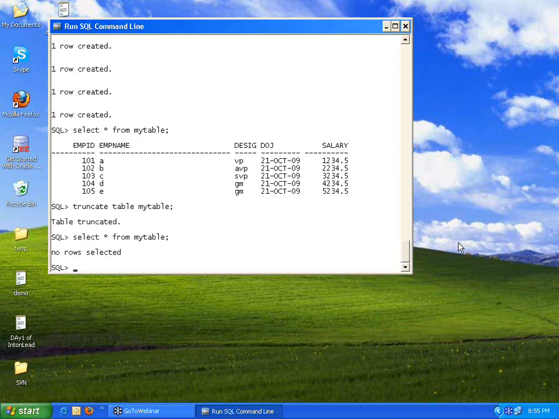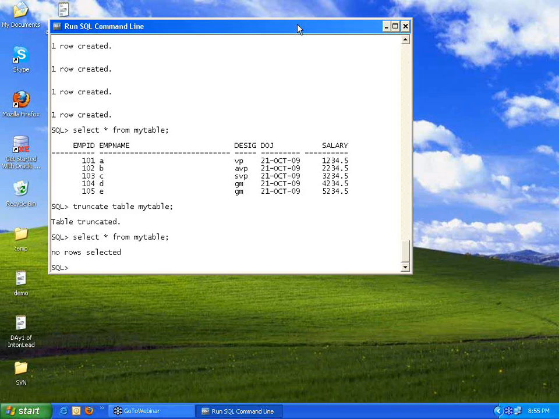Okay, one person is asking a doubt. What is the difference between drop and delete? Delete means you are deleting only the data within the table, but not the table itself. If you say drop, data is also gone, table is also gone.